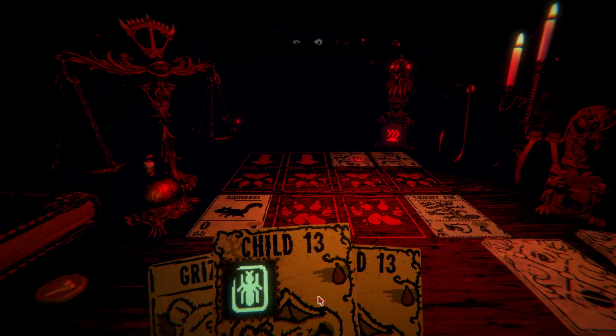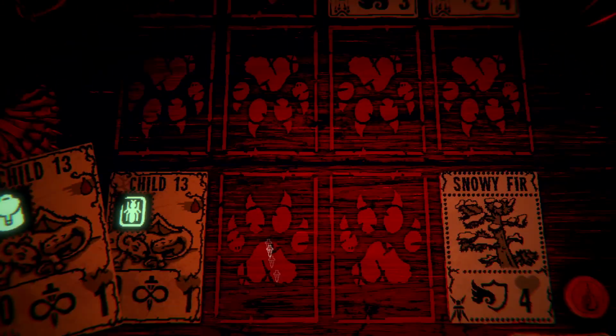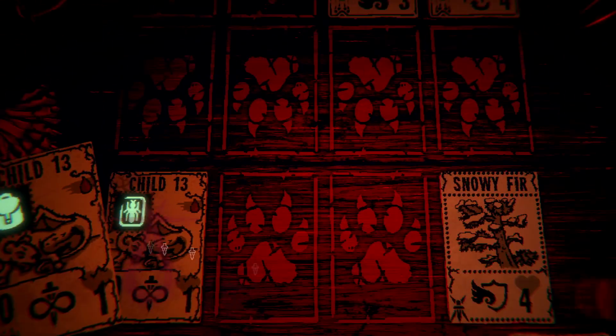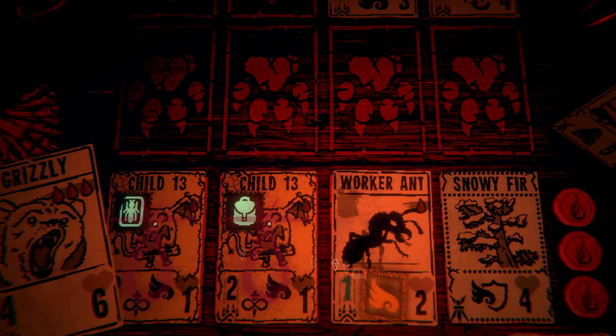So you play the squirrel. You play the child 13. You get an ant. You play a second child 13. Check if you have room for items. You do. So you play the second Child 13. This is like the perfect starting hand, honestly. You get a free boulder, which is something. You play the ant. Now, you go...